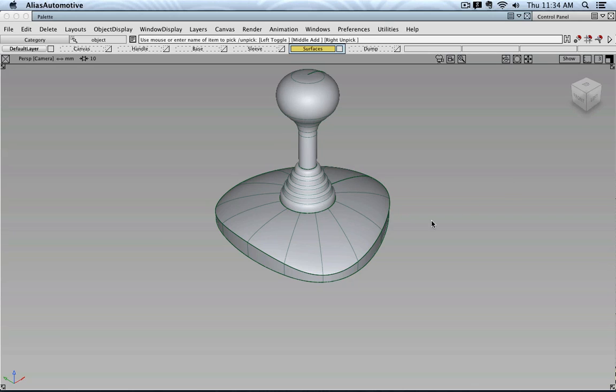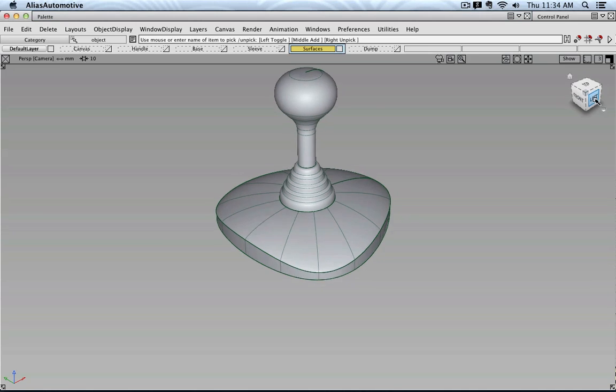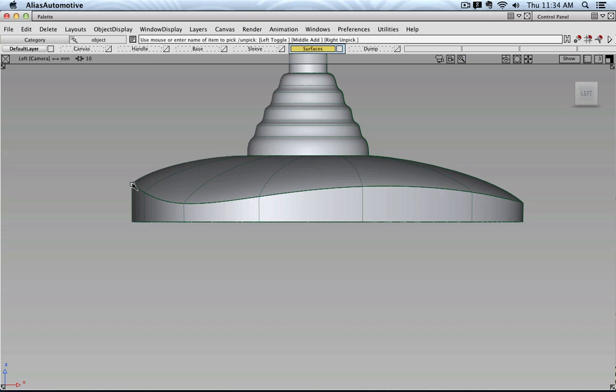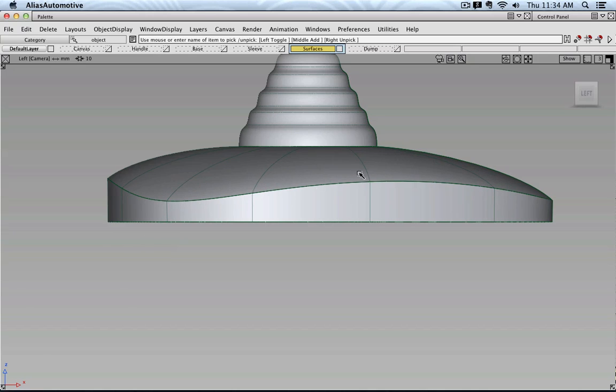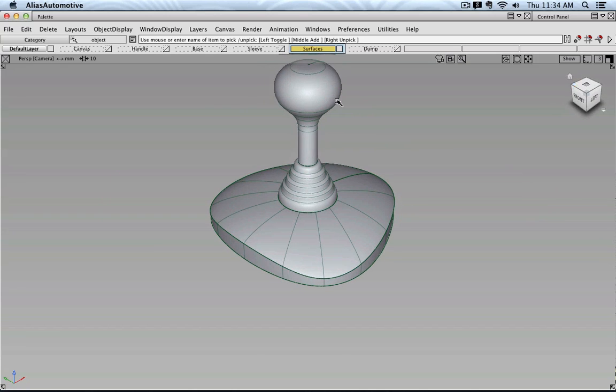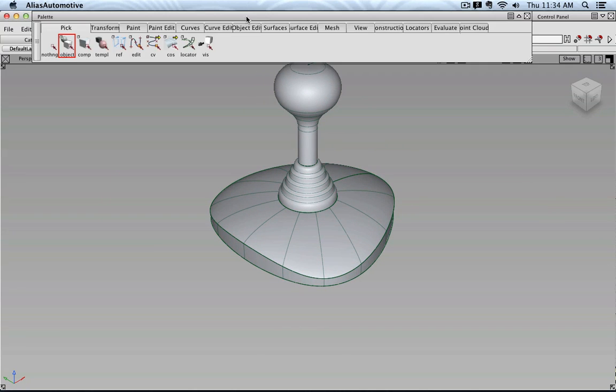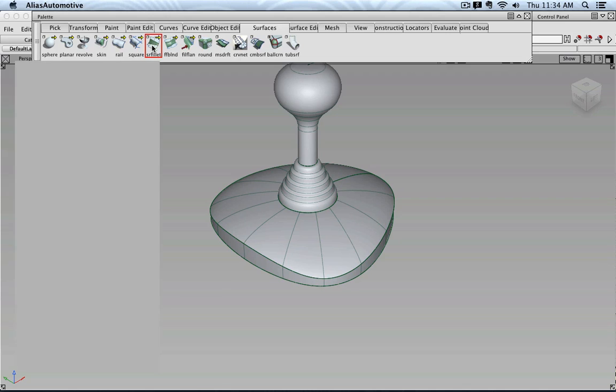So let's say in the next step I would like to slightly soften those very sharp corner edges I have here. If I go to the left view, you can see that this is rather sharp and pointy. And to do this, we can make use of the surface fillet tool, and you find it under Palette, Surfaces, and then Surface Fillet. Then I double click it,